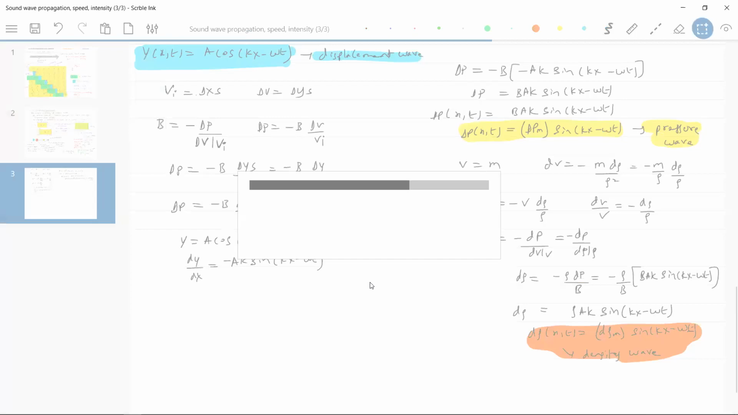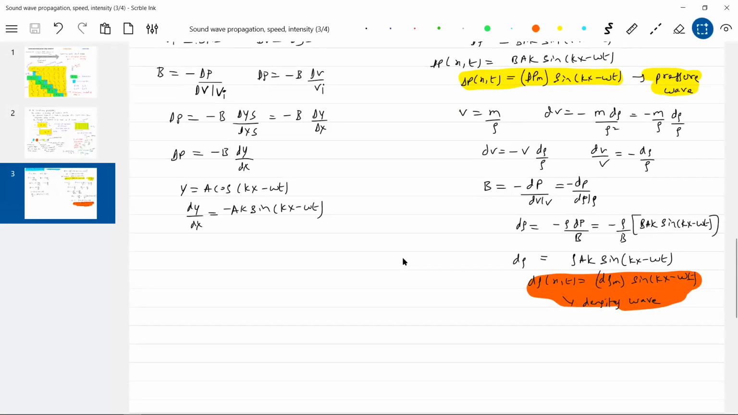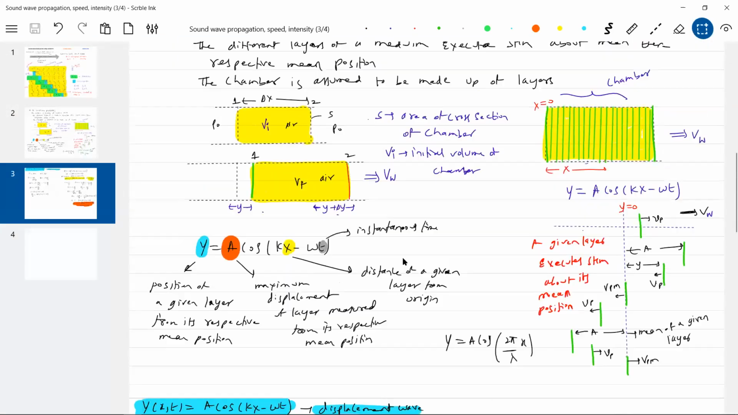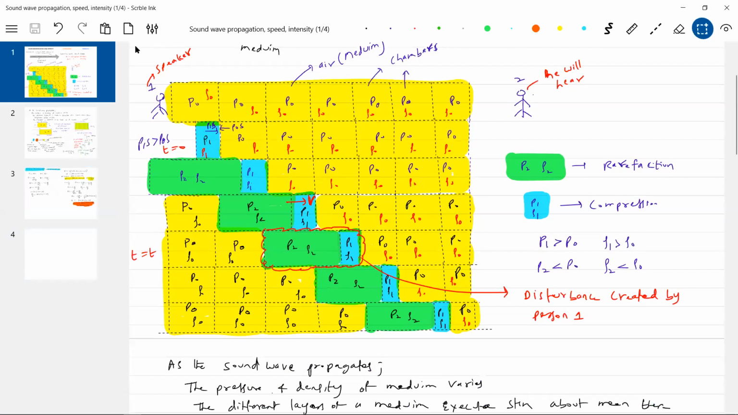Let's go back to the first diagram. What is the first diagram? There's the first diagram, no? So this we will